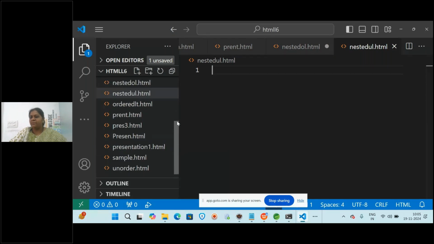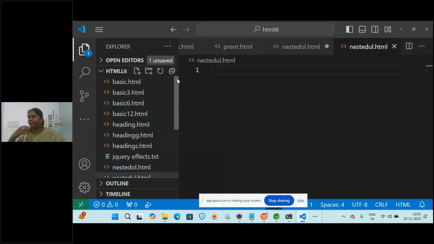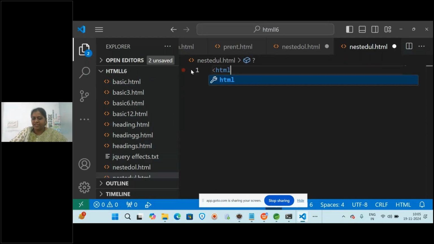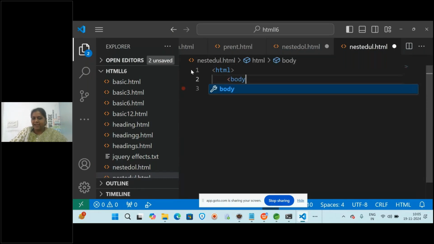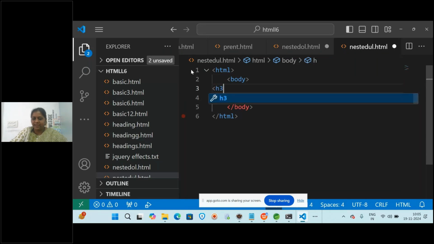Don't give random names, because now there are only so many examples. By the time we complete HTML we will have so many that it will be confusing for you to check and practice. So give proper names. So here we write HTML, and then the body tag. And inside the body tag, I'm giving an H3 heading, nested unordered list.